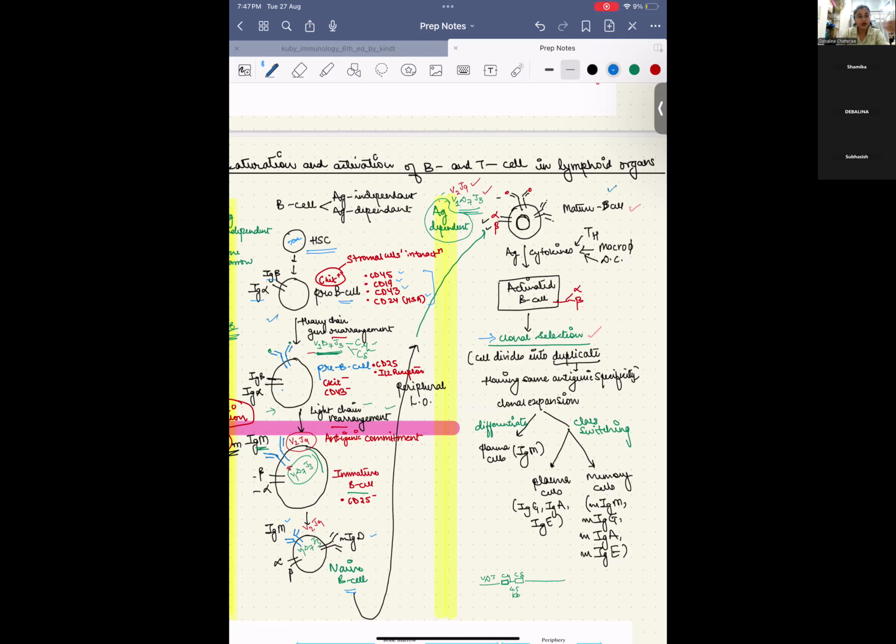This cell is not going to again divide into daughter cells, because for dividing भी आपको क्या चाहिए? You initially need all the cell cycle re-entry for division and everything. The only possible thing what happens is that when this cell,